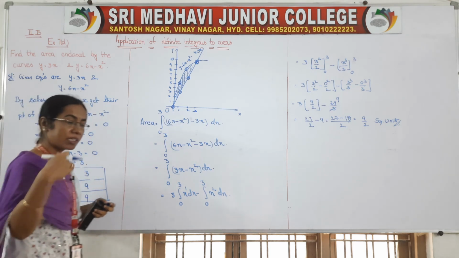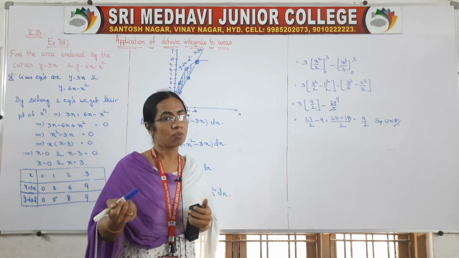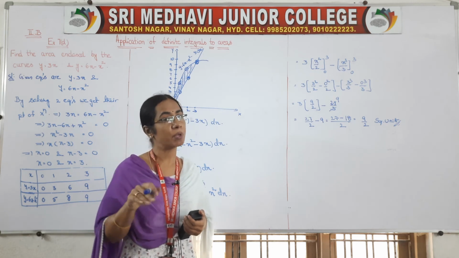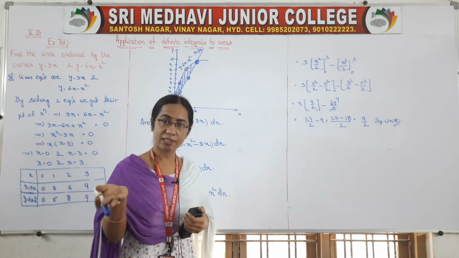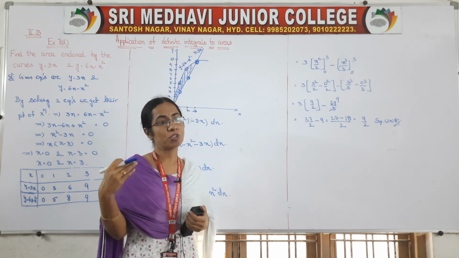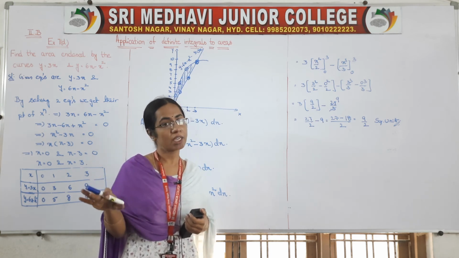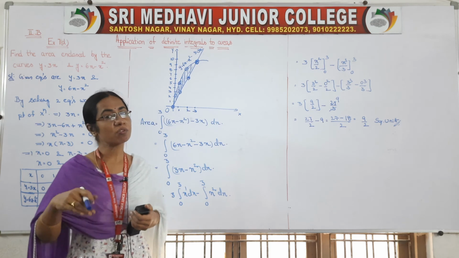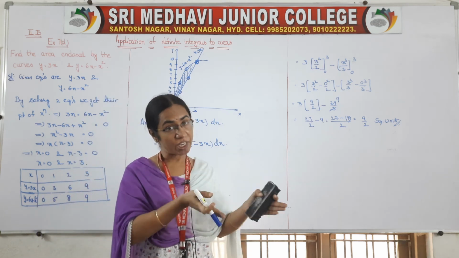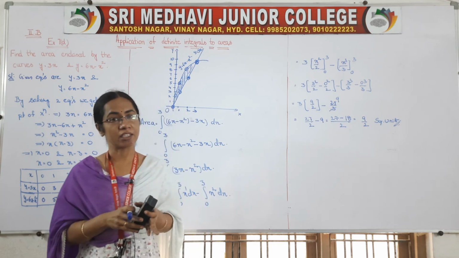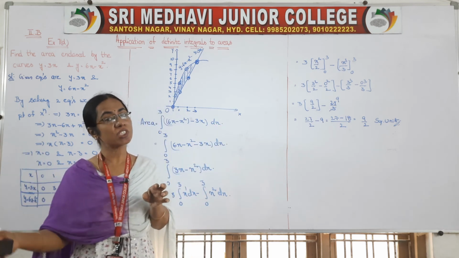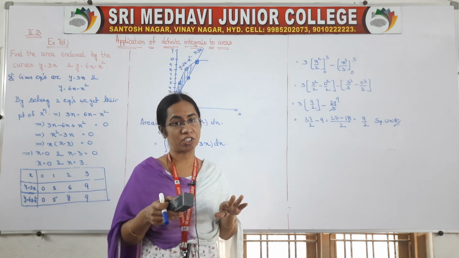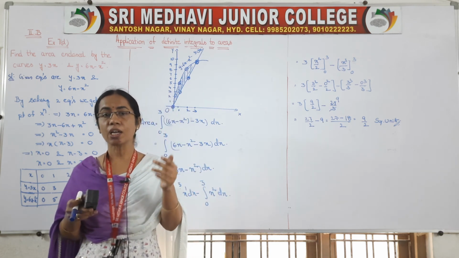In some problems they will give x values also, then we directly go for it, but there we have to check whether the curve is above the x-axis or below the x-axis, right side of the y-axis or left side of the y-axis. Suppose x values are directly given, there is no need to solve the equations. Suppose x values are not given in the question, first we have to solve and find the x values, that is, from which x value to which x value we have to find the area. For that we have to solve the equations. By solving the equations you get your x values.